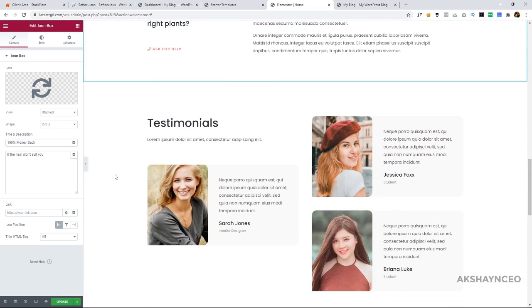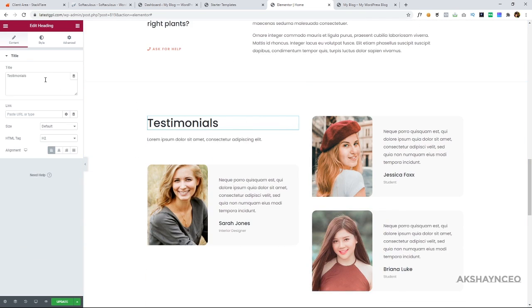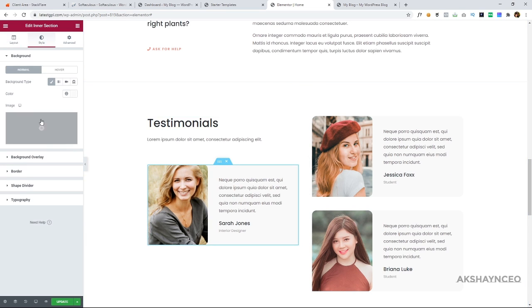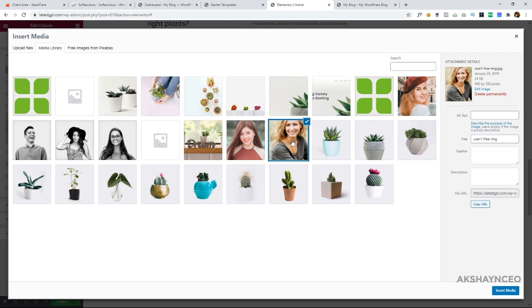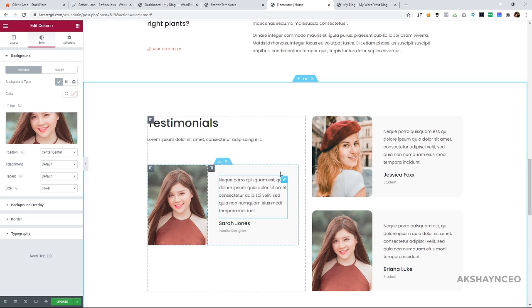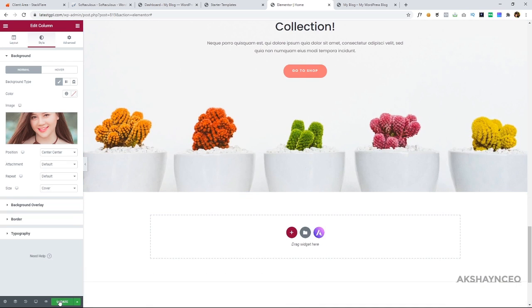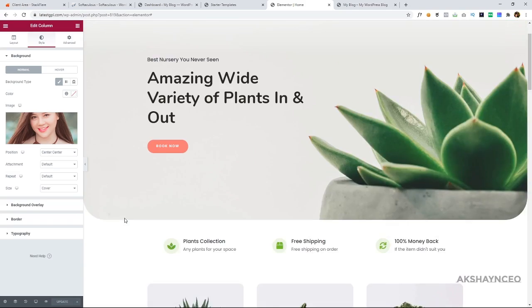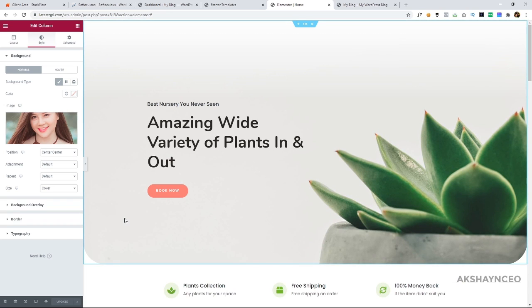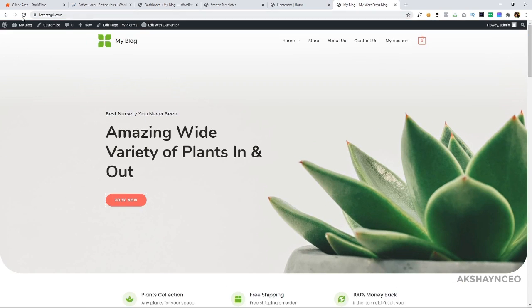So the same thing goes here. If you want to edit this headline, click on edit headline. If you want to change the image, click on edit section, style. If you want to edit this section, you will see a block like this. Click on that, go to the style, change the image, insert image, and it will get changed. Make sure to save and click on update regularly so that you don't lose any stuff. If you don't save and the website goes wrong, you will be doing it again and again. So make sure you update regularly.